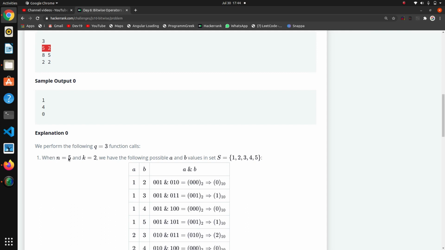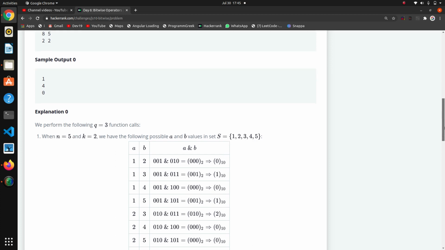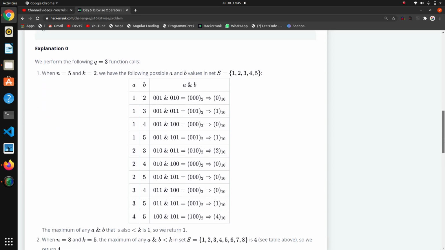Using n we can create a set, meaning the numbers from 1 to that number itself. If n is 5, then we have a set of 1 2 3 4 5, numbers from 1 to 5, and we want to find the permutations, meaning permutations with the AND operator.